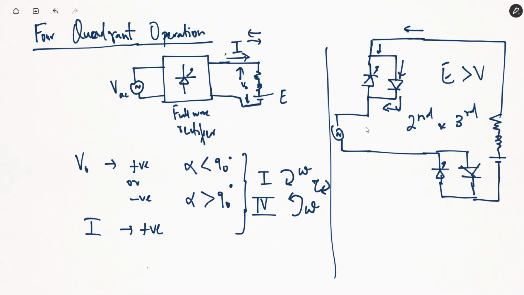So the current will flow into the source from the load. Normally, the condition is that when V is greater than EMF E, the current is flowing through the thyristor once we are triggering the thyristor circuitry. Normal direction of current is like this, but in case we make E greater than V